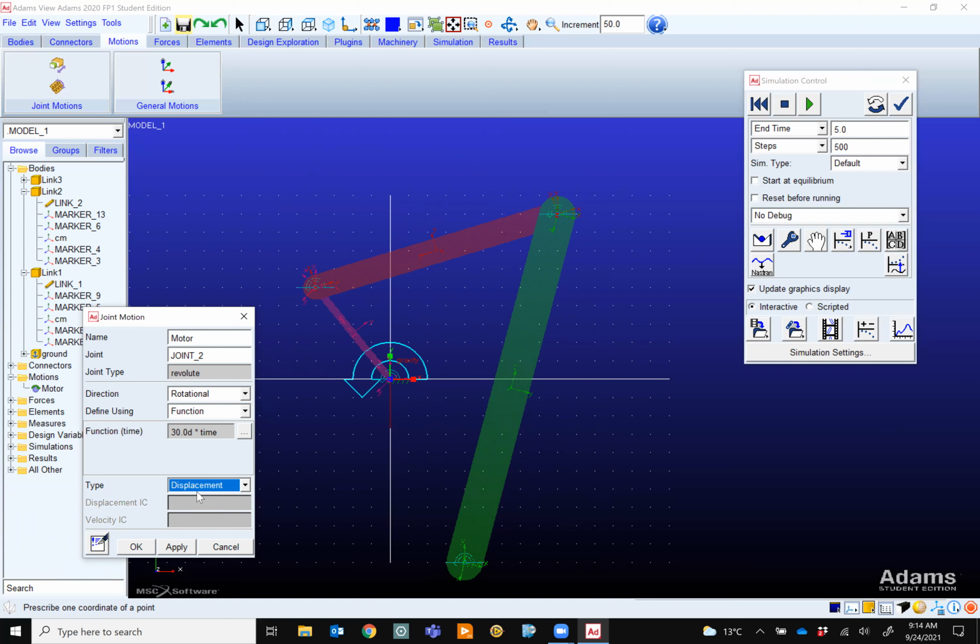Okay. So remember, 1 rotation is 2 pi, or 360 degrees. Yes. And remember, at the beginning, the unit that was selected was degree. Okay. So D in Adams stands for degree. If I put here 360 degrees, what does it mean for me? And remember here, I selected displacement. When we have omega, what is the relation for theta? Displacement?